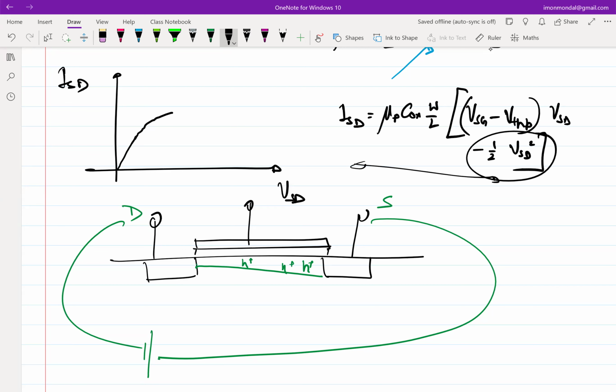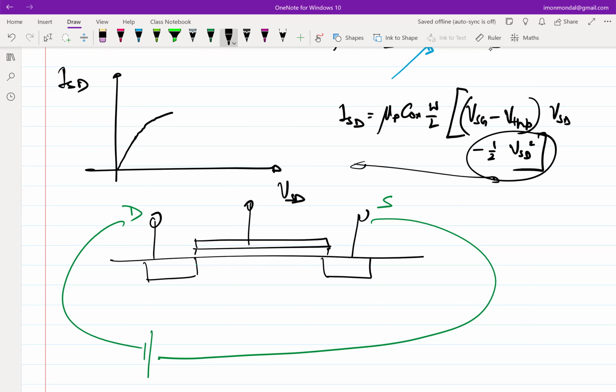Mobile charges are decreasing. In fact, that is correct, but is it decreasing the same way towards the drain and the source side, or is there a preference? Excellent, right? It will decrease more towards the drain side, which essentially means that the profile will start